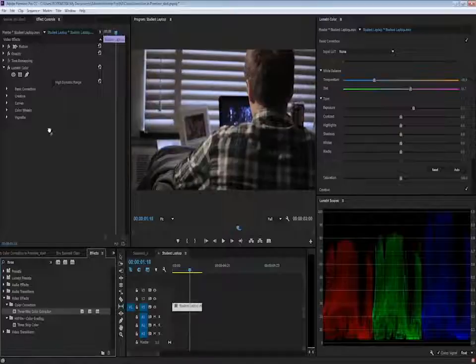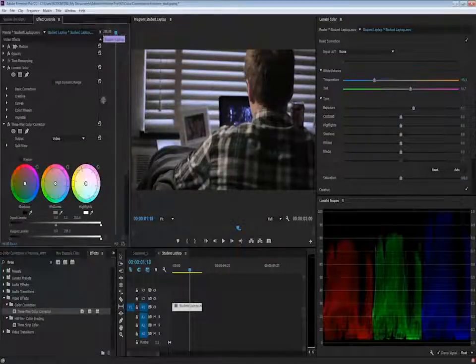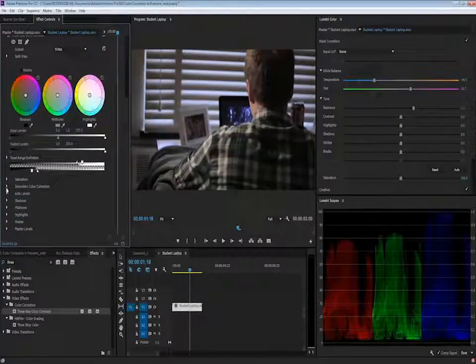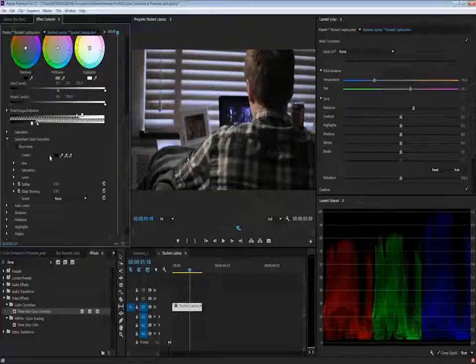I'm going to grab a 3-way color corrector. I'm going to drop that on here. And then down in this section here called secondary color correction, I have some tools here that I can make some selections on this image based on hue, saturation, and luminance. Now, if that all sounds confusing, don't worry about it because there are some color pickers here that make the job very easy. So I'm going to select this first color picker here,